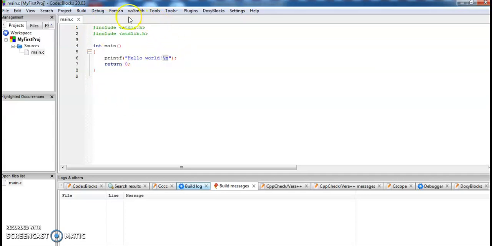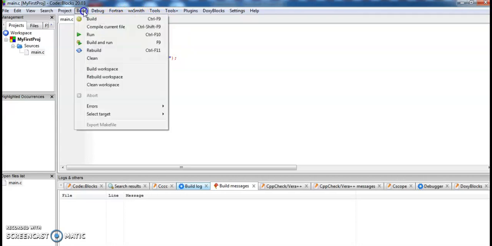Now to run this program we have different options available. There are three options. First is build, second is run, and third is build and run. Build is nothing but a compilation of the program. In code blocks we have a compiler. A compiler is a software program which converts the written C program into machine language.